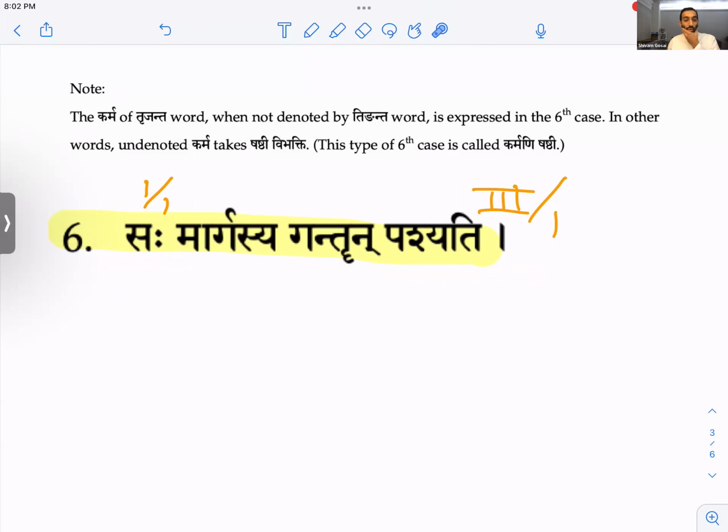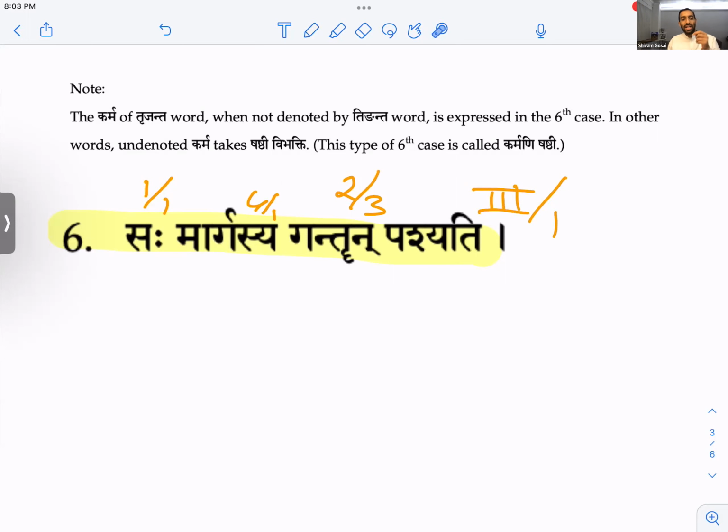He sees what? Now, you know that this is going to be our 6 case words, so it's probably not the object of seeing. Gantrun. So this is 2, 3. What's the pratipadika?